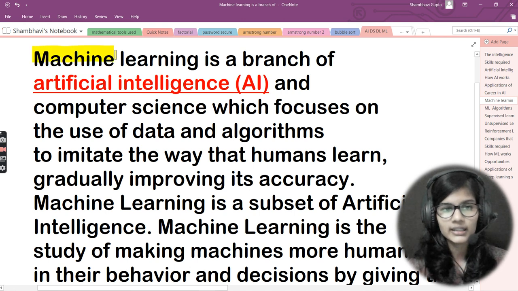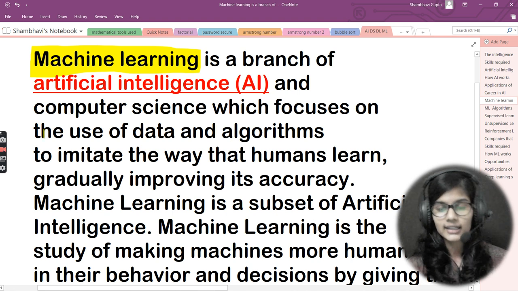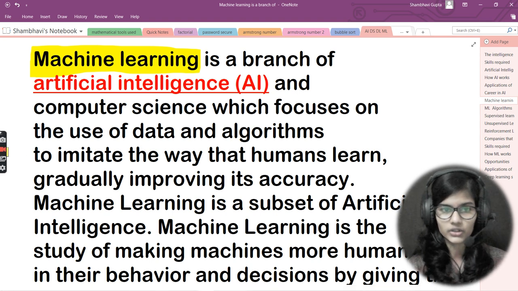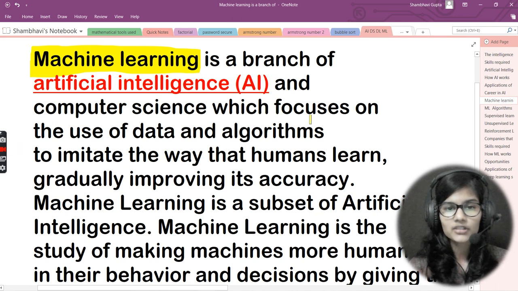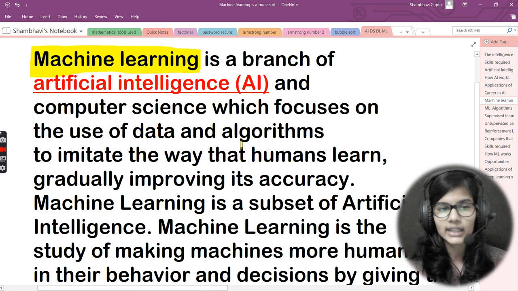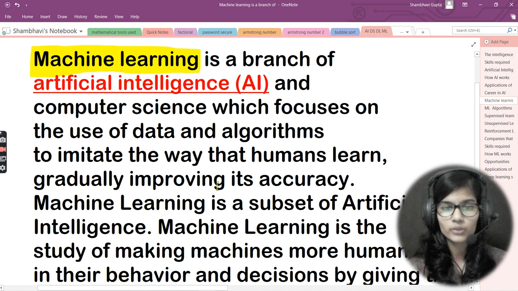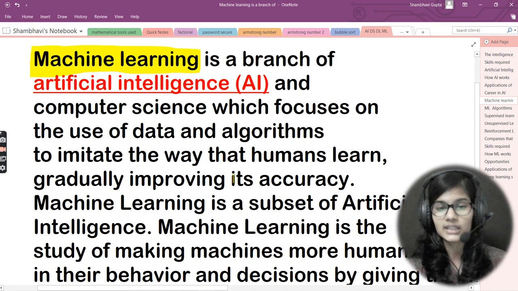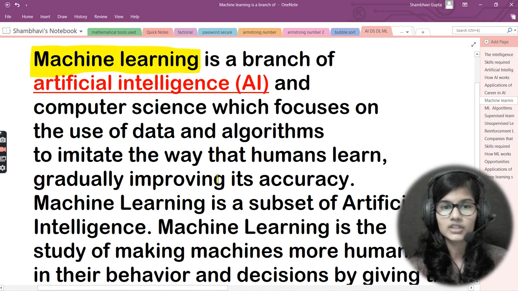Fine. So machine learning is actually one of the branches of AI. That means it as well deals with the thinking and processing of machines like humans. Now, what does it actually focus on? It focuses on the use of data and algorithms in a way that humans can learn, gradually improving its accuracy. Let's say we had made a model with the help of AI. Now we just need to improve its accuracy, so that the working accuracy is actually increasing. For doing this particular thing, machine learning is one of the technologies which is actually used.